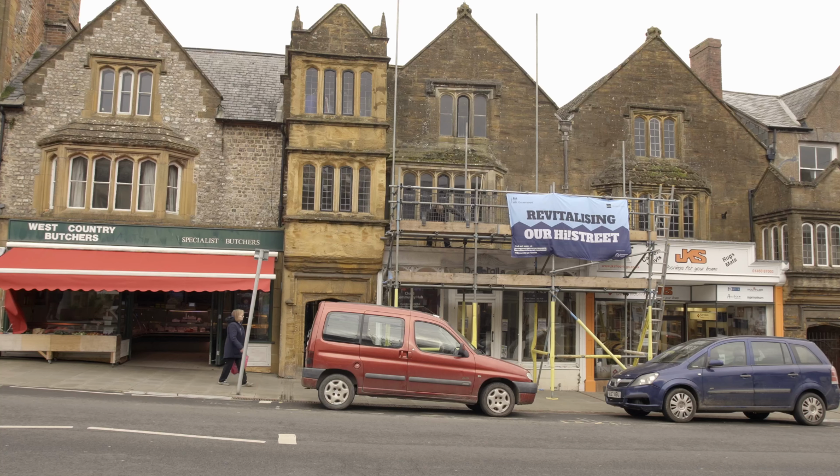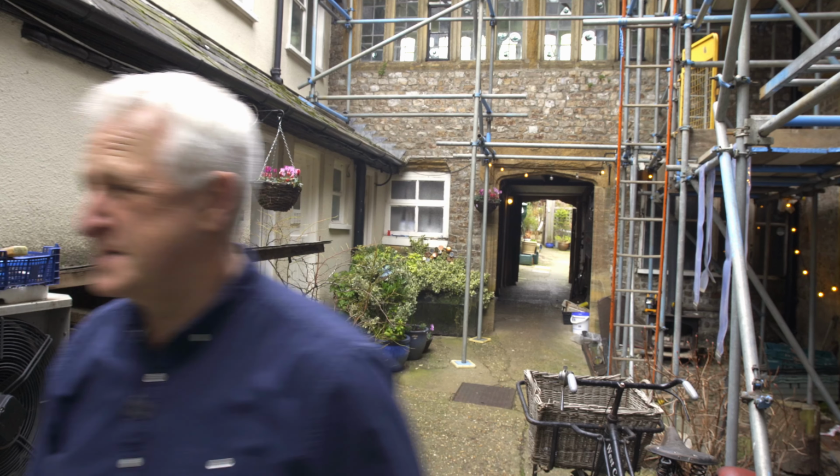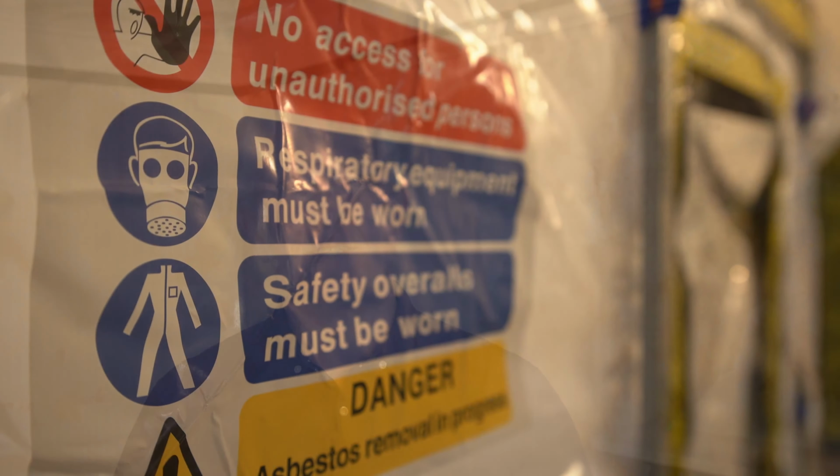Now if you've walked along Fore Street over the last few weeks, you'll see that work has started here. All across the front of the building there's scaffolding. There's more scaffolding here in the courtyard. The asbestos guys have finished and have moved on, and inside the building various rooms are being cleared, ready for